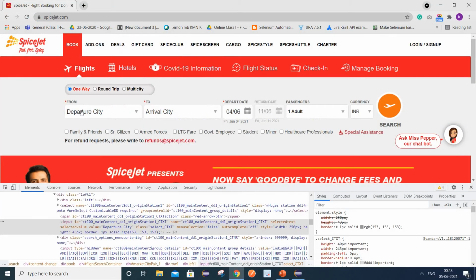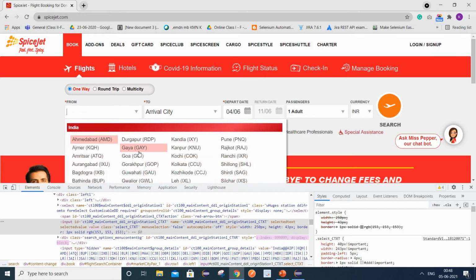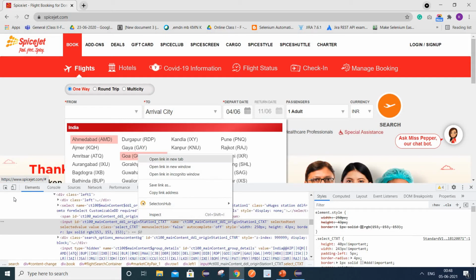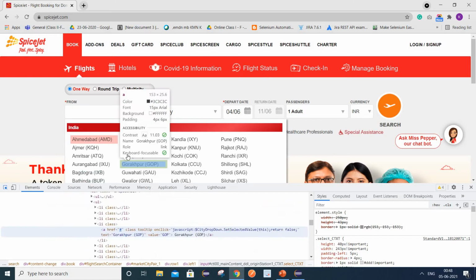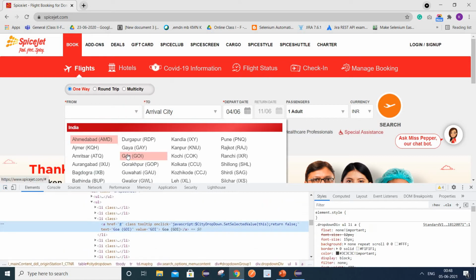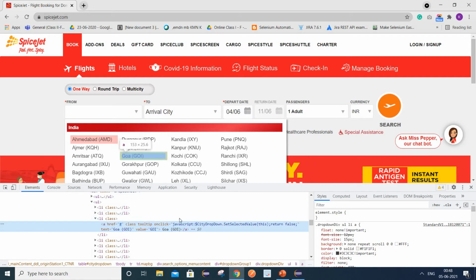Okay, so now after clicking on this departure city, we need to select one departure city from here. Let's try to select this Goa from here. So I will inspect this as well. Okay, and here we can see there is one tag A, but there is no name or ID available for this attribute. So let's try to create a customized XPath for the same.